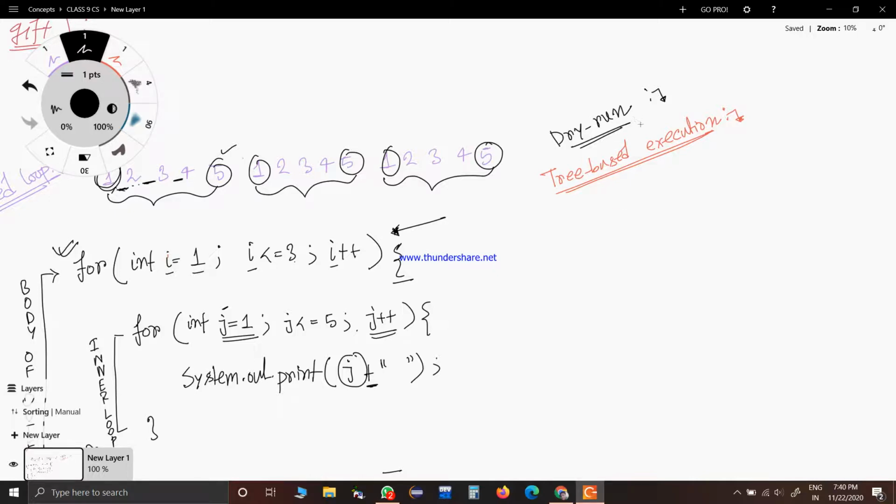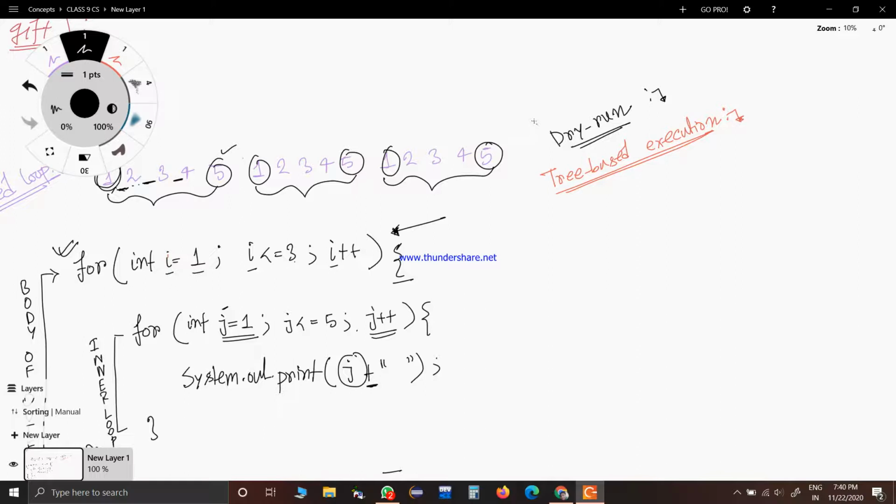Every time you write a program, especially nested loop programs, you have to do this dry running process to check whether your program is correct or not. And this is the part where the knowledge will come.